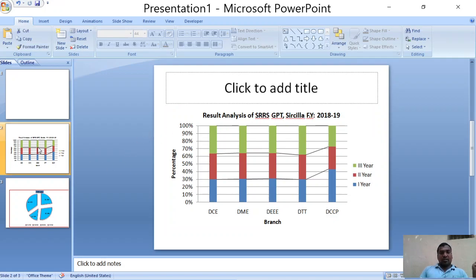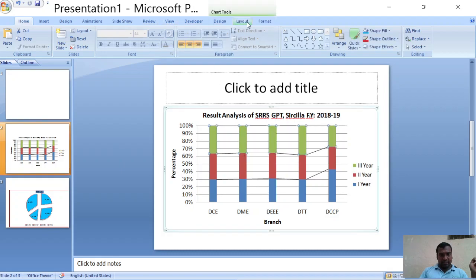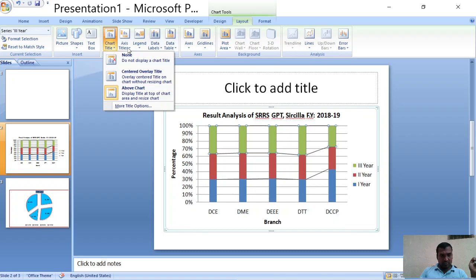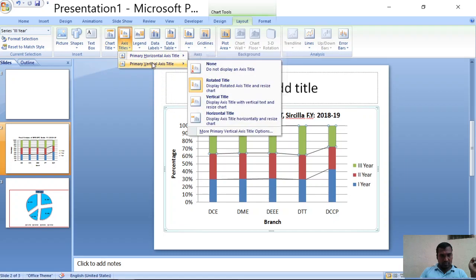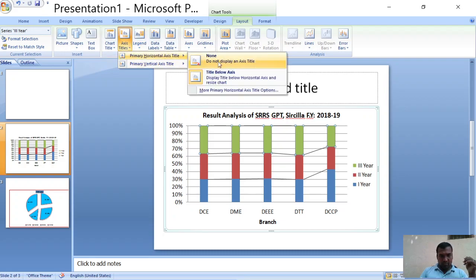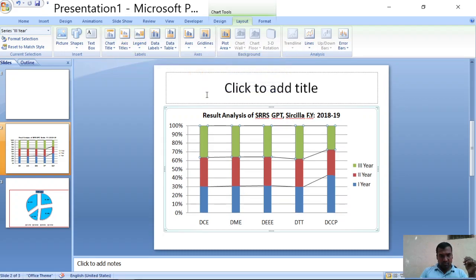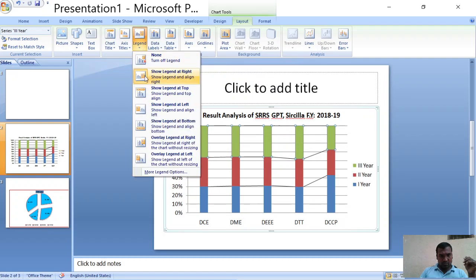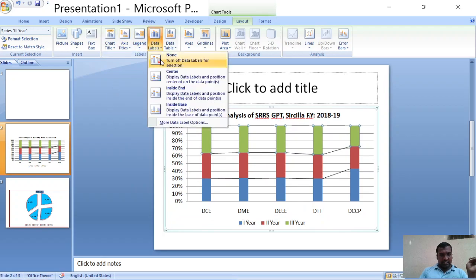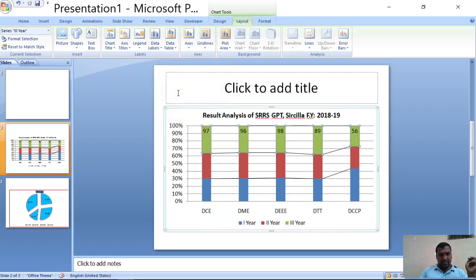Now I want to format with several options. Show legends at bottom, data labels at inside end.